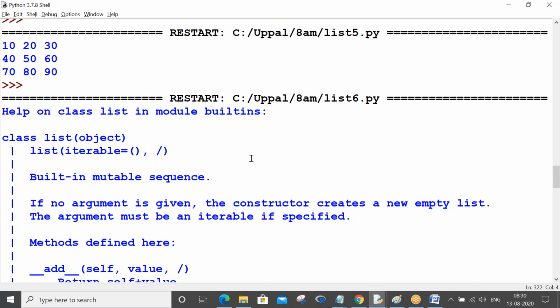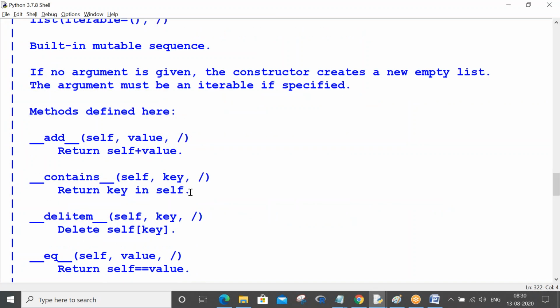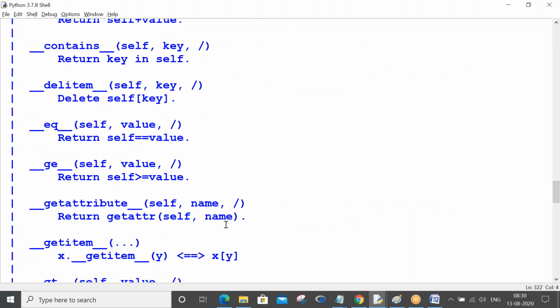What is list? List is a class, which is present in the built-ins module. So you see there are multiple list properties you can find here. These are all special methods of the list class.